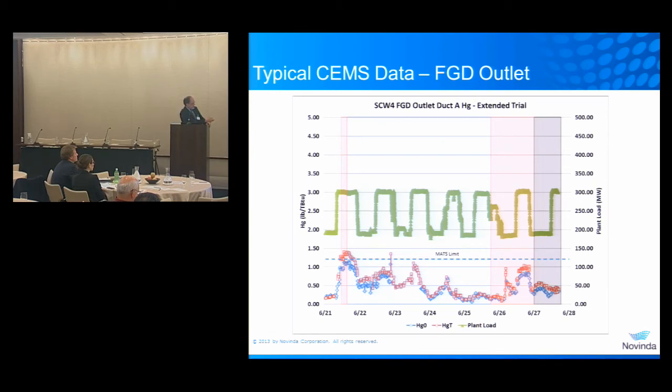The MATS limit is indicated by the dotted line across at 1.2 pounds per trillion BTU. The shaded area is the period of time in which we injected amended silicates, so this was a continuous injection. This was the second half of our trial, after we had run the parametric and decided upon injection rates and injection location. The plant had specifically asked us to be conservative in those rates because one of the concerns they